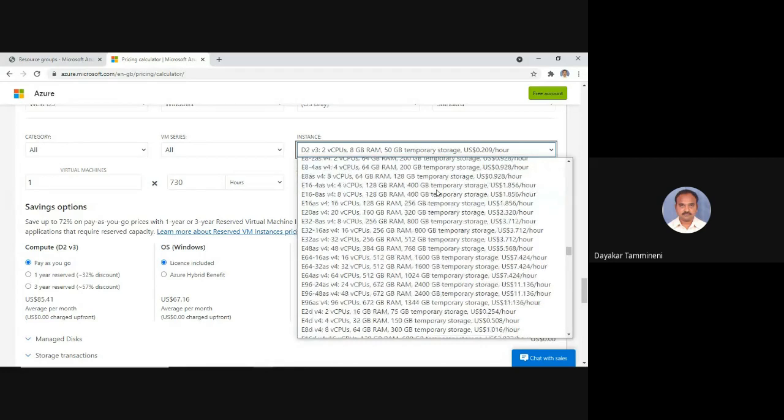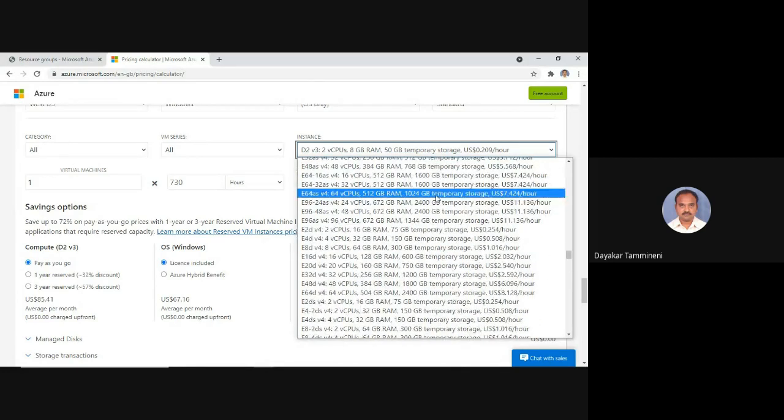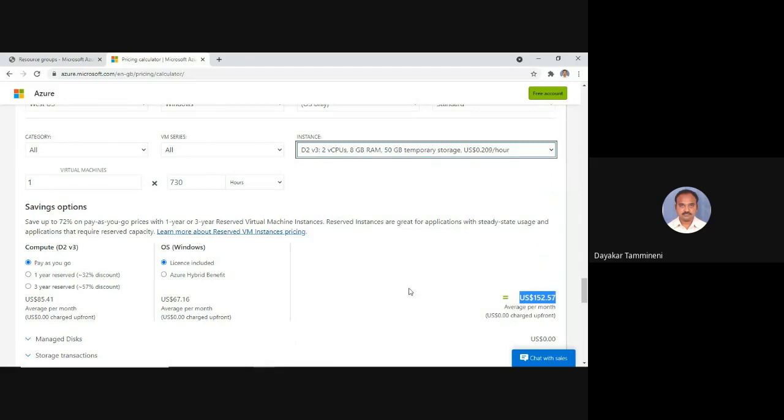Okay, so if I consider some more advanced virtual machine, for example, with 64 CPUs, 504 GB RAM and 2400 GB temporary storage, then what could be the cost? Per month it will be costing around $5,933, which is actually a huge amount. So only big companies with huge big data are going to use such an instance. We are not going to use such an instance because we are maintaining a free account.